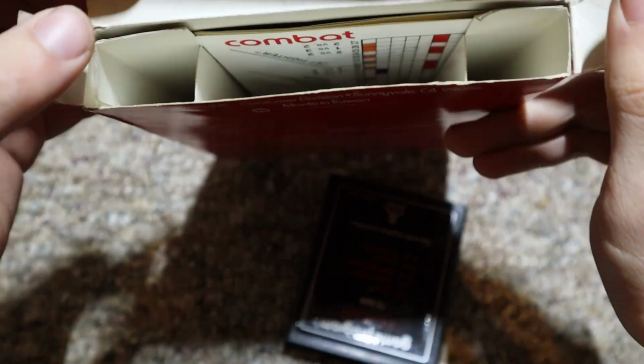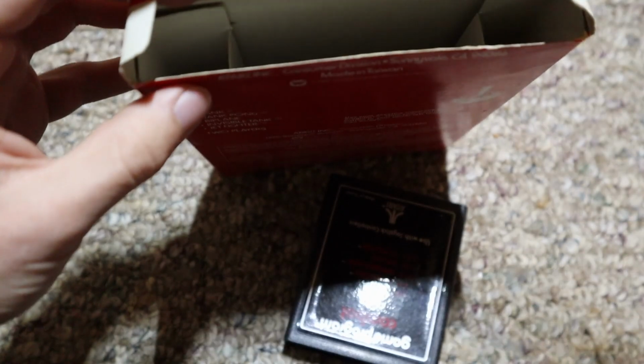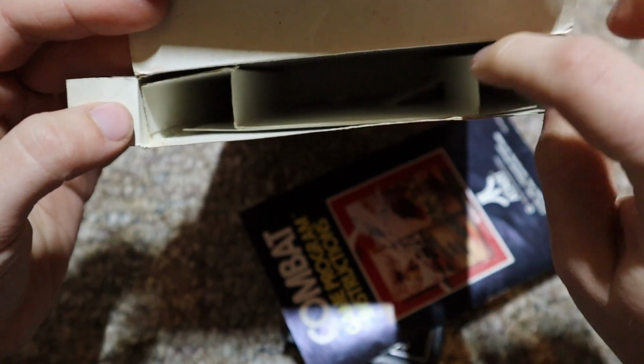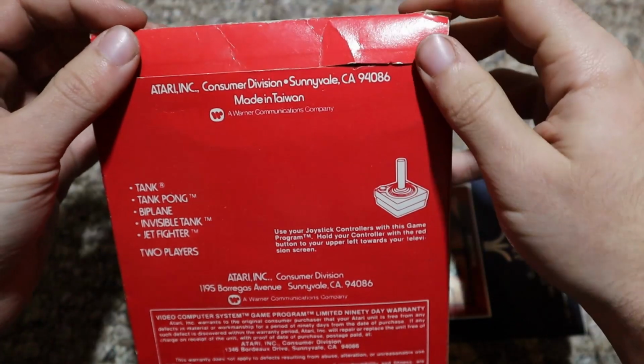And as well in here is the manual. That kind of slides, it's just kind of hanging out behind the cartridge, so I'm going to pull that out as well. Throw it down there. And that is all that's in there. There's a little cardboard insert, if you can see diagonally there, and that keeps the game in place because this